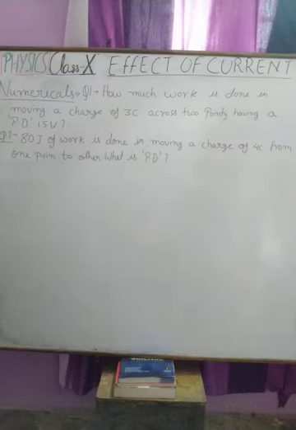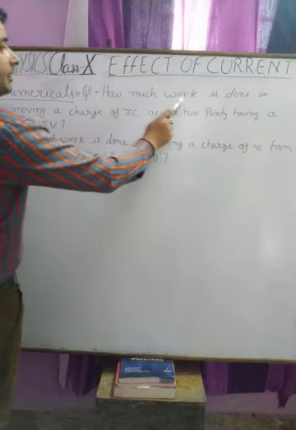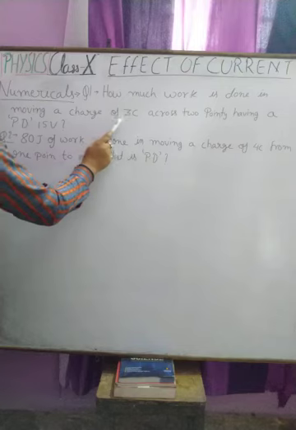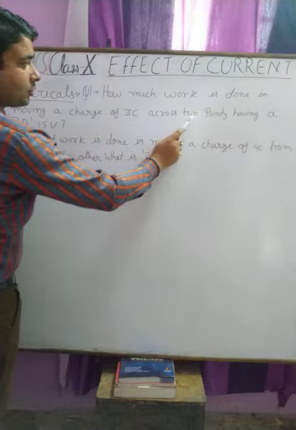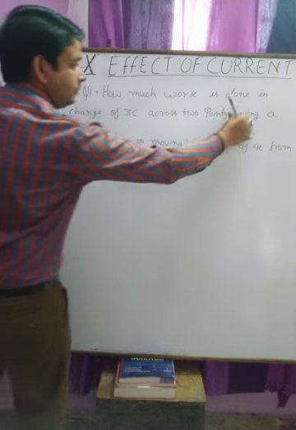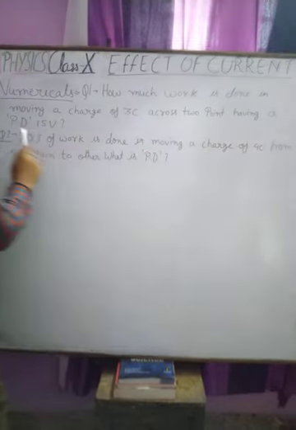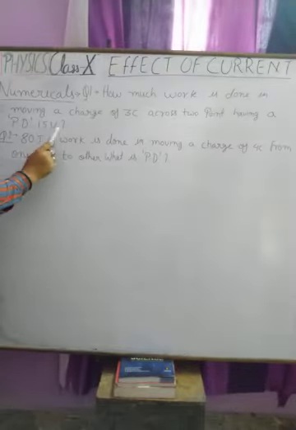for you, for which I will give you the solution. The first is: how much work is done in moving a charge of 3 coulomb across 2 points having a potential difference of 15 volt? Okay student,